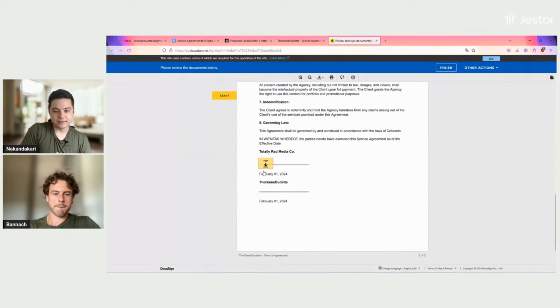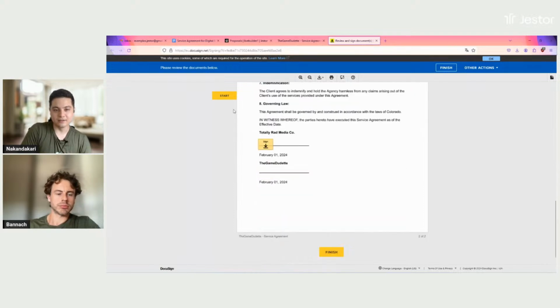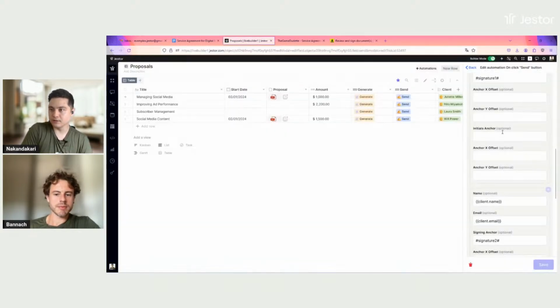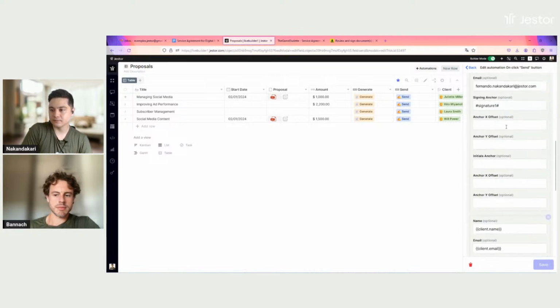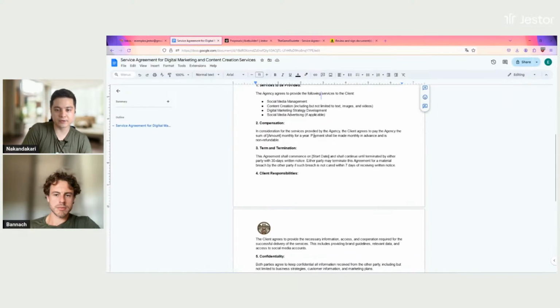And you can see that DocuSign knows where the person has to sign, right? So there's this stamp here to sign exactly where I want. So basically what I'm doing here is through the signing anchor, which is this part. And if I go back to the template, and this is a little trick that is